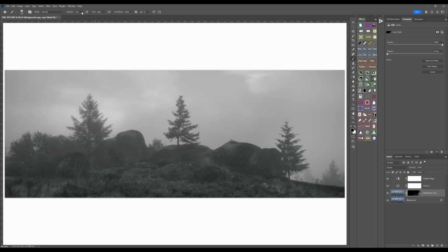So I can go a little bit higher, maybe on the opacity there. So I just want to... it's better now. I don't see that white spot I was seeing in there. Yeah, it's better now. Okay, so we applied some curves to bring some contrast to the rocks, but I need